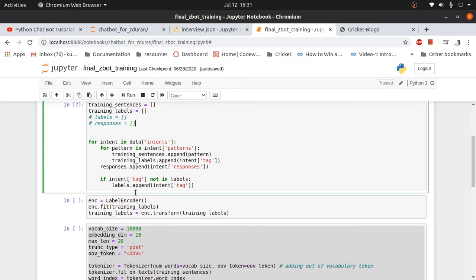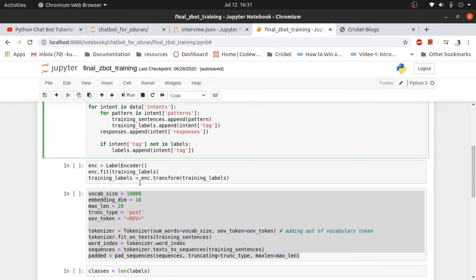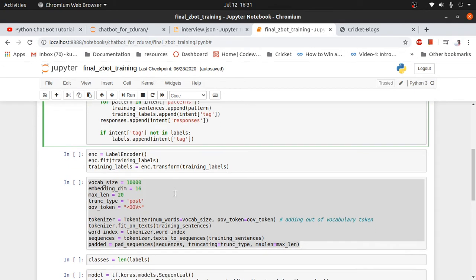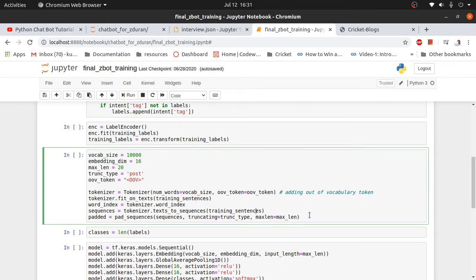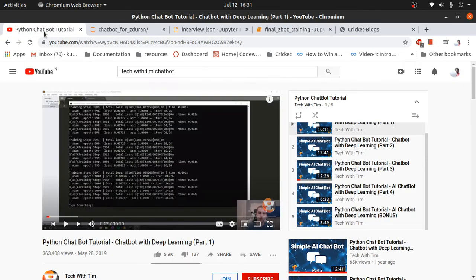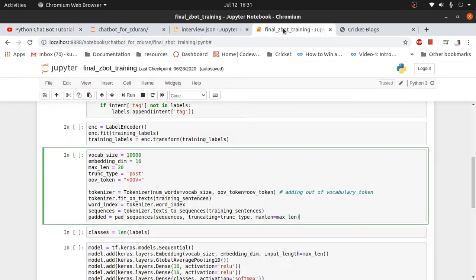Next, I encoded the training labels into a numerical format. I'll give an overview of what I did. If you want a detailed explanation, it is there in his videos. Otherwise, if you want me to explain this script in detail, you can ask me.